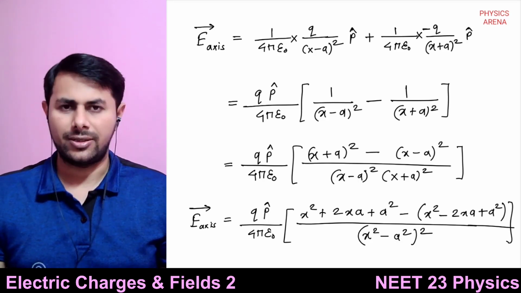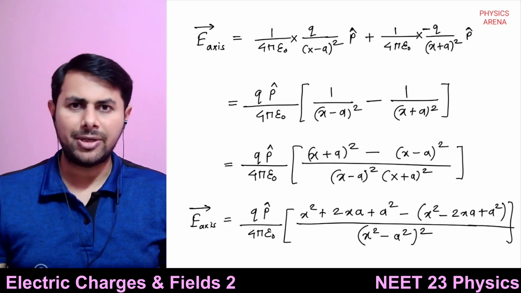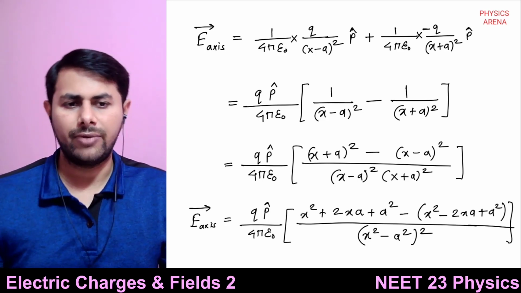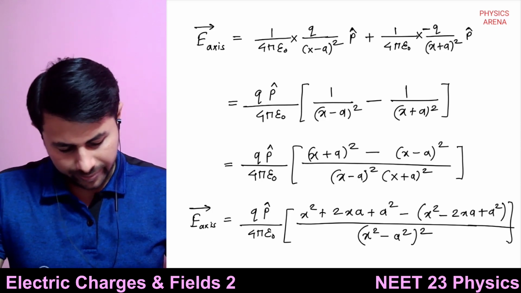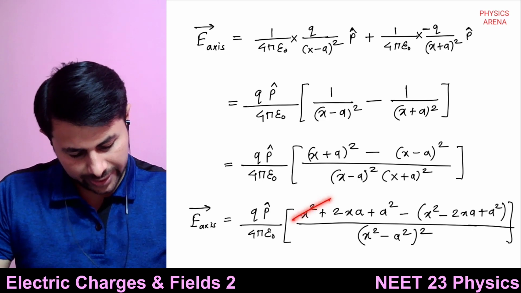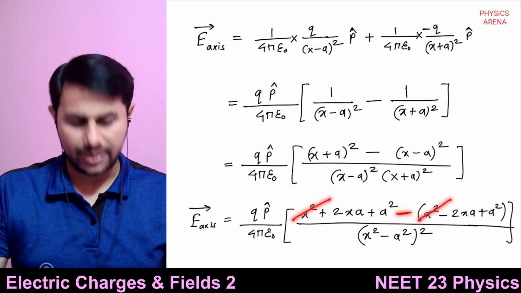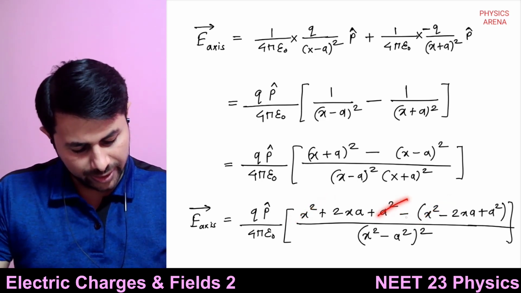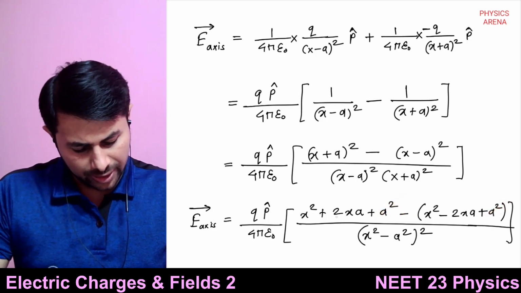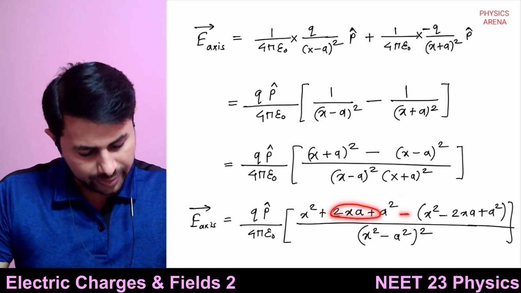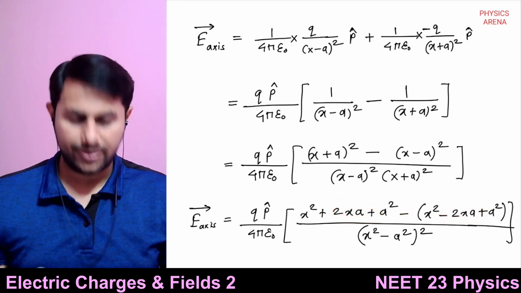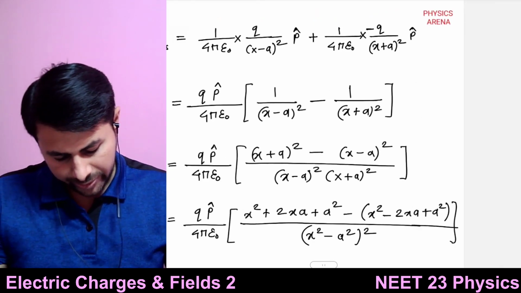We have square of that. Okay, x minus a multiplied by x plus a is x square minus a square, and we have square of that. Okay, and then what will happen? This x square and minus x square gets cancelled, a square and minus a square gets cancelled, and we are left with 2xa minus minus plus 2xa, so that is 4xa. Okay, so we are left with